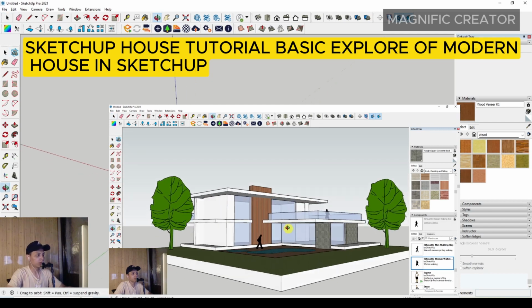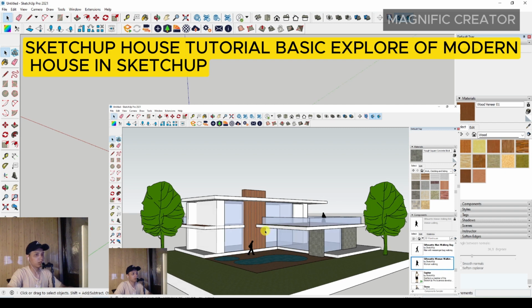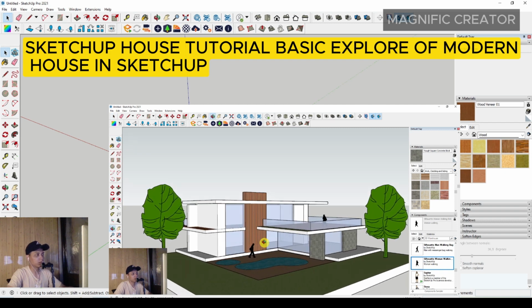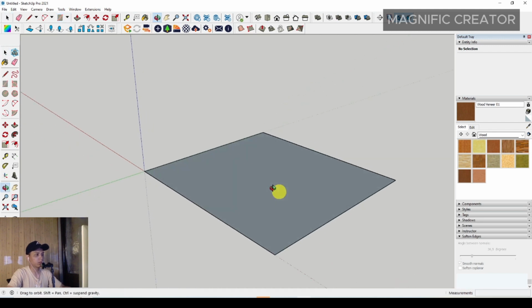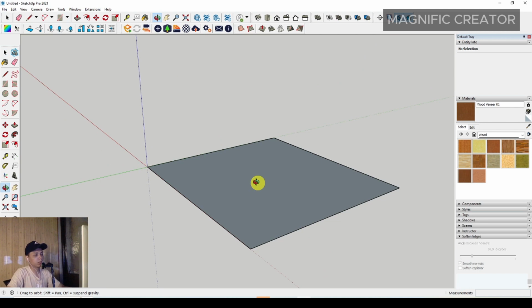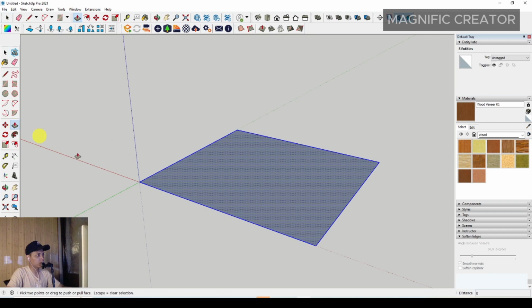Okay everyone, in this video I would like to share how to make a basic shape of a futuristic house with multi-level stories. First of all, you have to make a rectangle right here, with any size you want, as professional as possible as a house dimension. Maybe around 12,000 by 10,000 millimeters, or 12 meters by 10 meters. And then you have to push it up